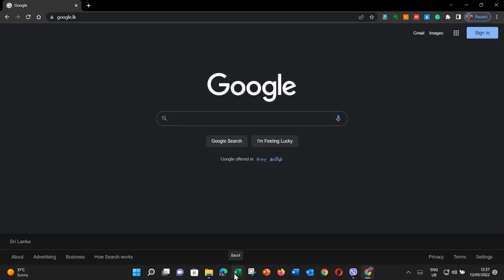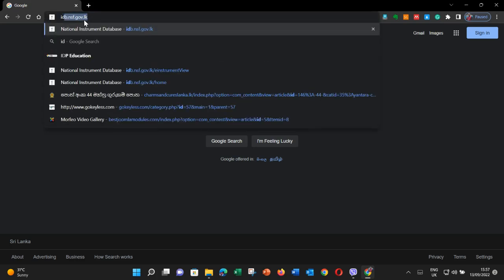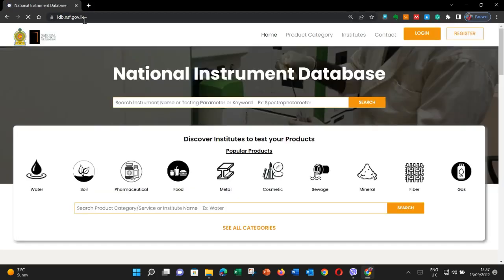Navigation through the National Instrument Database. To access the National Instrument Database, type the URL in the browser: idb.nsf.gov.lk. The National Instrument Database, or NID, was developed with a simple interface which provides easy navigation to satisfy the